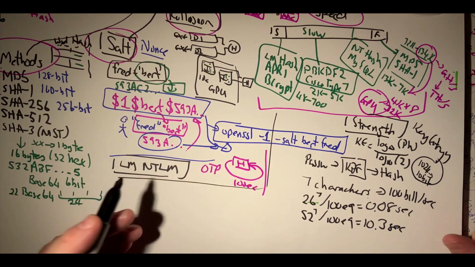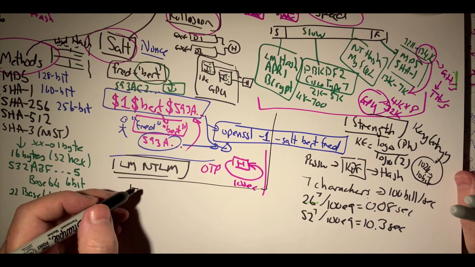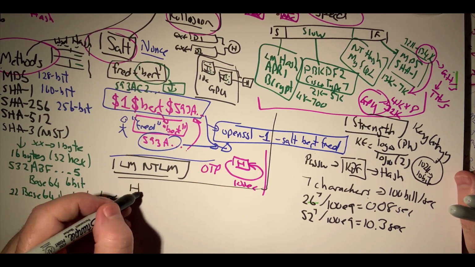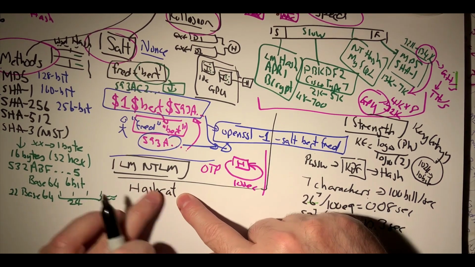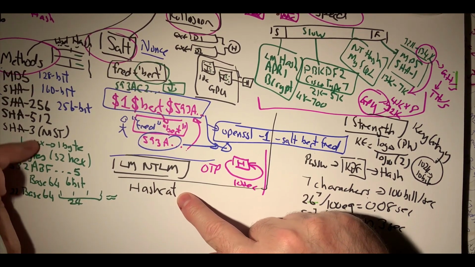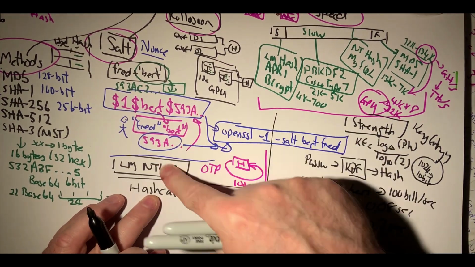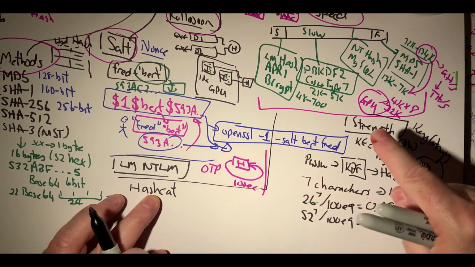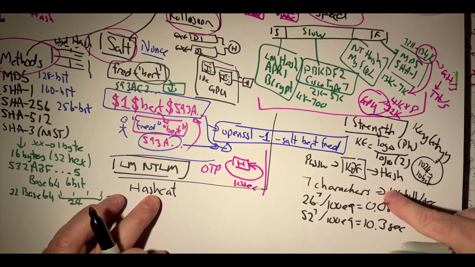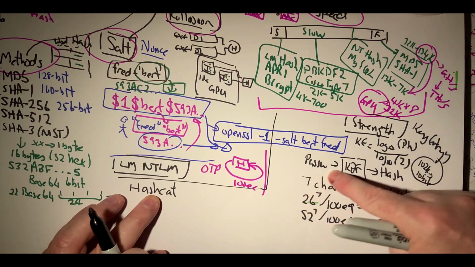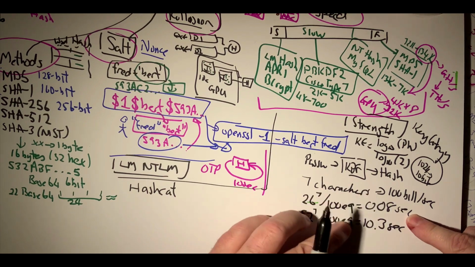So the tool that we often use for this is Hashcat. Hashcat can read all of these different formats and understands all of the hashing methods that we can get, and does all of these ones here. It can compute different character sizes for brute force.